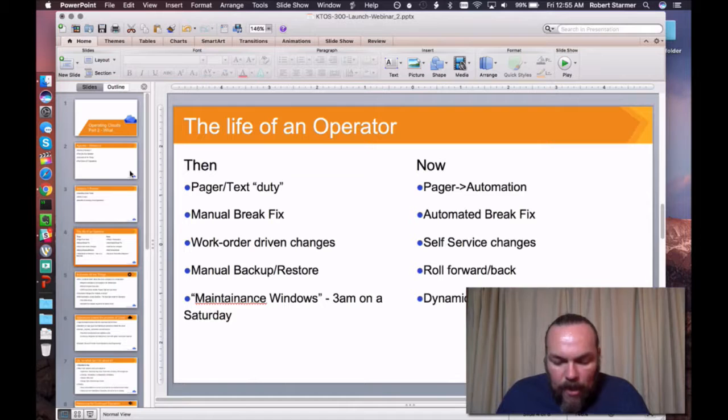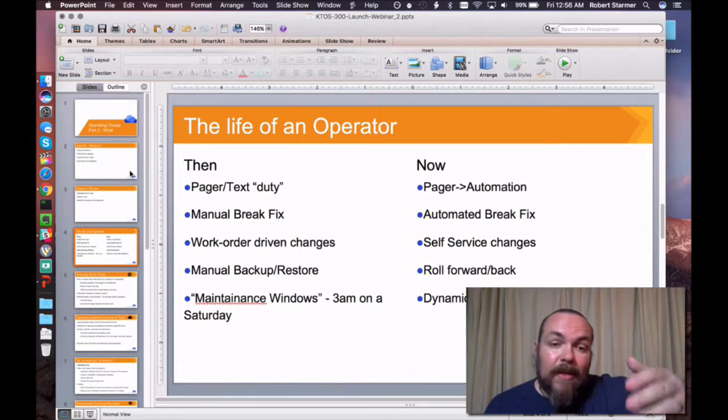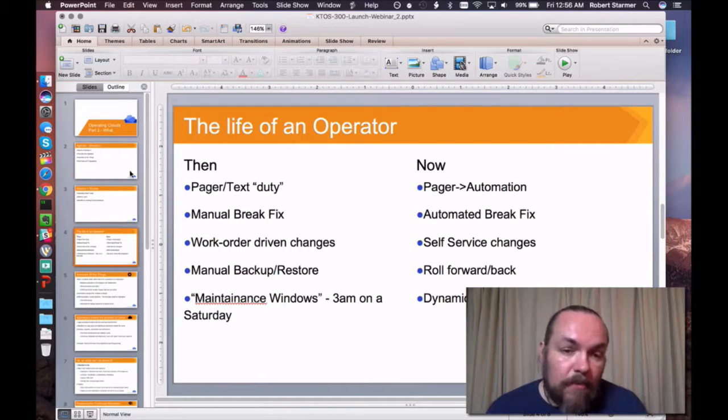So one of the things that is changing, if we think about one version of the operator's life, is the classic infrastructure operator that has a pager or has his phone ready to text him at 2 a.m. if anything breaks in the infrastructure, because the infrastructure was fragile. The infrastructure had no way of self-healing. Often when something did happen, it wasn't as easy as just logging into a system and restarting a service. In a sense, you had to do a number of manual tests and checks to understand what might have broken to create the failure in the system. Sometimes it was application related, sometimes it was infrastructure related, but there were no tools and no methods for understanding that break fix model and how those resources came together.